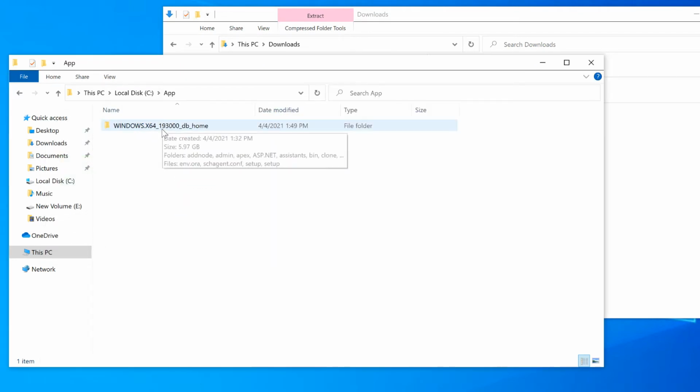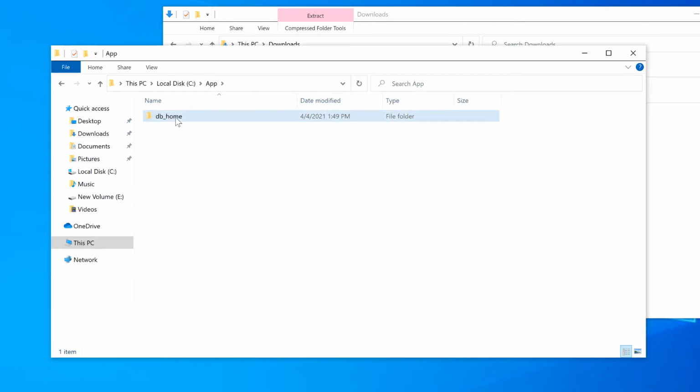Now you can see it is extracted to your app directory. Just rename this folder to db_home. Now we have completed the extraction process.